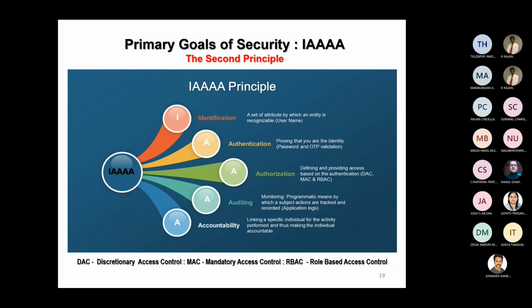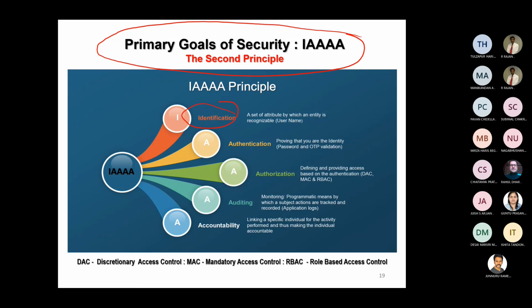Now principle two is an extension of confidentiality, integrity, availability. The principle two is, I want you to remember this terminology, I 4 times A. This is the second principle of information security. The I refers to identification. What is identification? As I told you, every object or every executable file or every chatbot or every application programming interface or every individual. See, identification today has to be understood from a very, very different perspective.